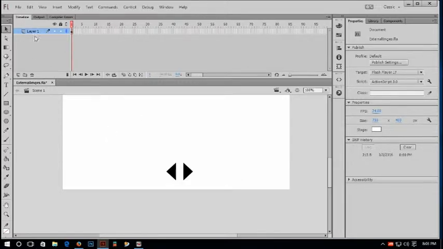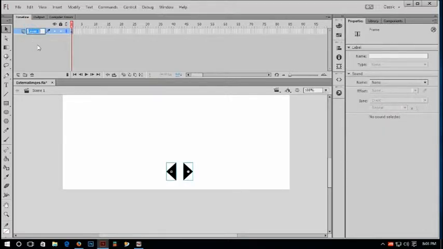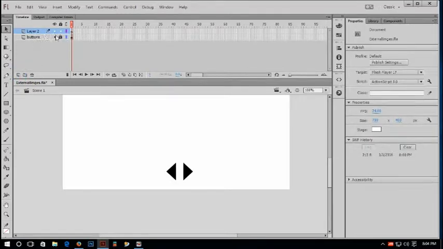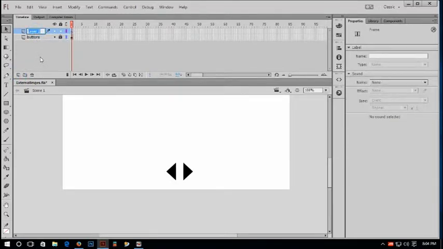But first I'd like to change this layer name. Double click and name this layer BU buttons and lock this layer, and then insert another new layer. Click here, new layer, rename this layer. I'll rename this action. You can type anything you'd like to, code, action script, action, anything, and then lock this